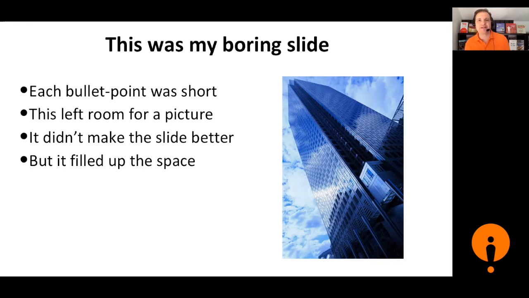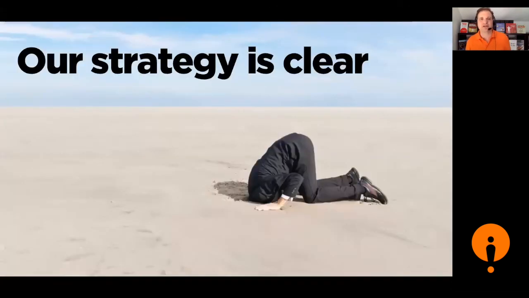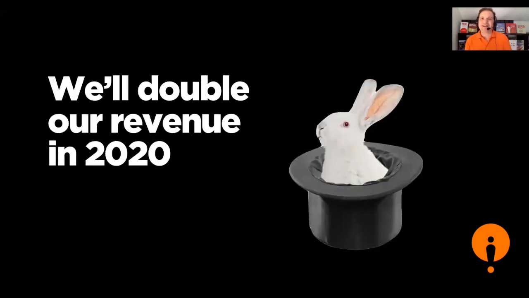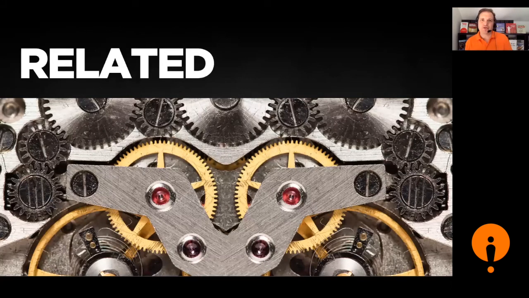And that's when I realized you can't put anything that's not related on your slide because it will reduce the effect of what you actually do want them to be paying attention to. There is no point putting something unrelated. It has the same effect as putting something which is completely opposite to your message. Like, here, nice clear strategy. No, maybe not. Or, we're going to double our revenue in 2020. Well, unless you're Zoom, you're probably not. So we do need to make sure that what we show on the slide is related to what we are saying at the time, not before, not afterwards.